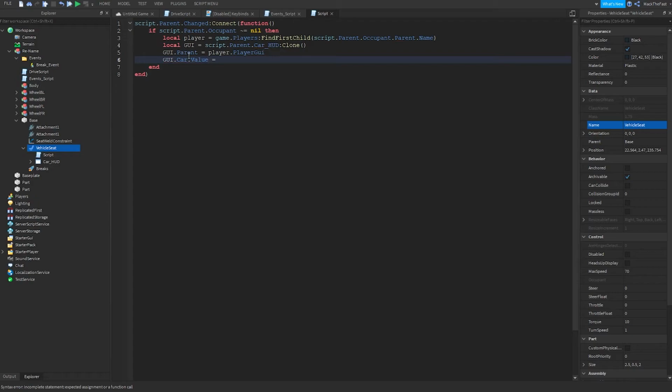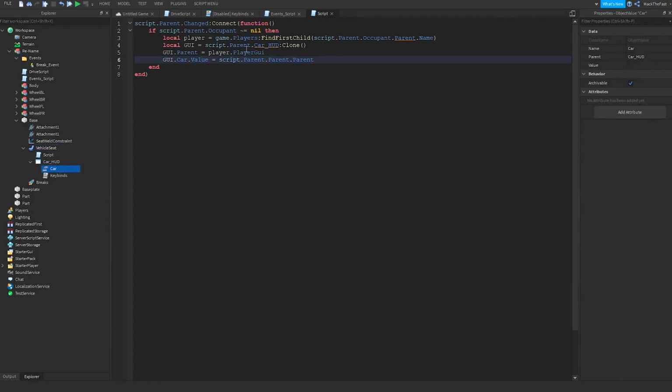GUI.car.value equals script.parent.parent.parent. So that is now this. So script, one parent, two parents, three parents, it's this. And car.value is now that. And we need to set the keybinds to false. So GUI.keybinds.disable equals false, else if script.parent equals nil, then